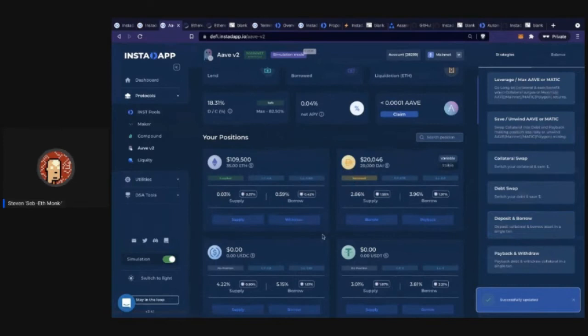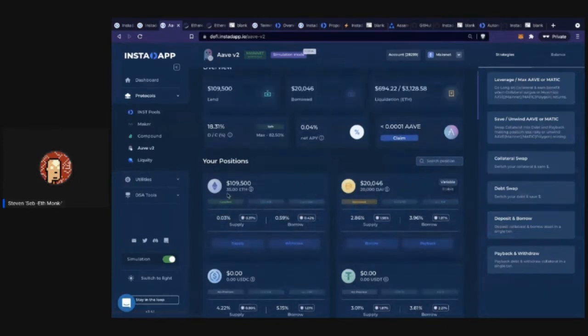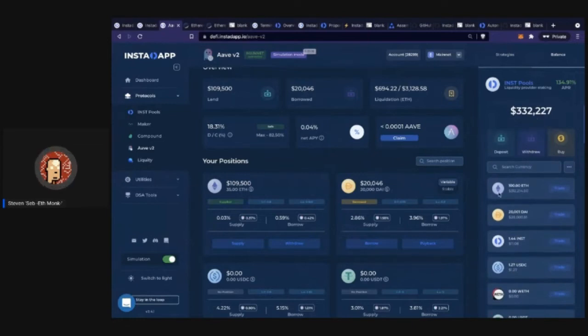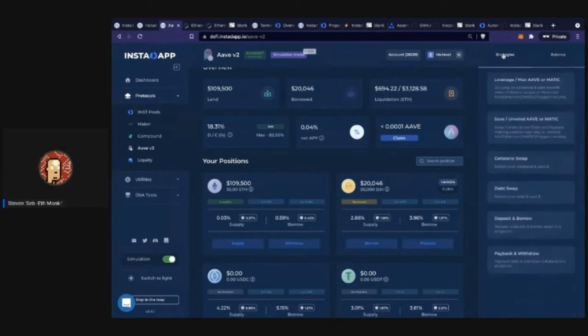All right, so this is what our new position looks like. We now have 35 ETH and we owe 20. If you look at the balance, you would see that, because of the way it works, the DAI always goes to 100, but technically you would have 105 ETH here. So let's go to the more complex strategies. These first two were just mixing two simple transactions. But the most popular strategies on Instadapp are actually leverage and save.